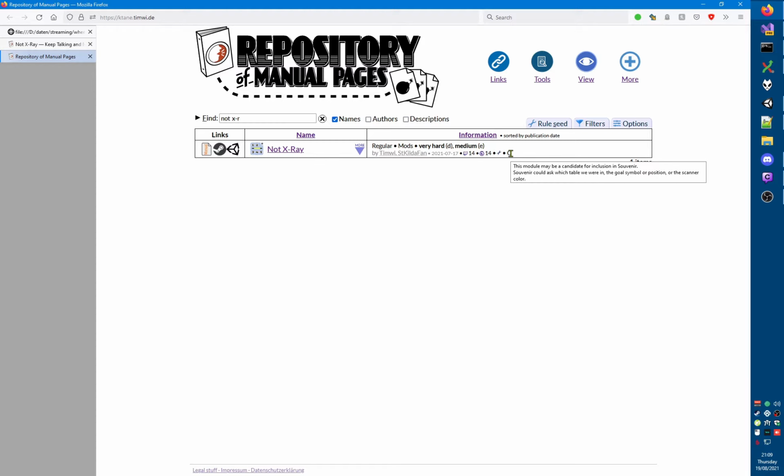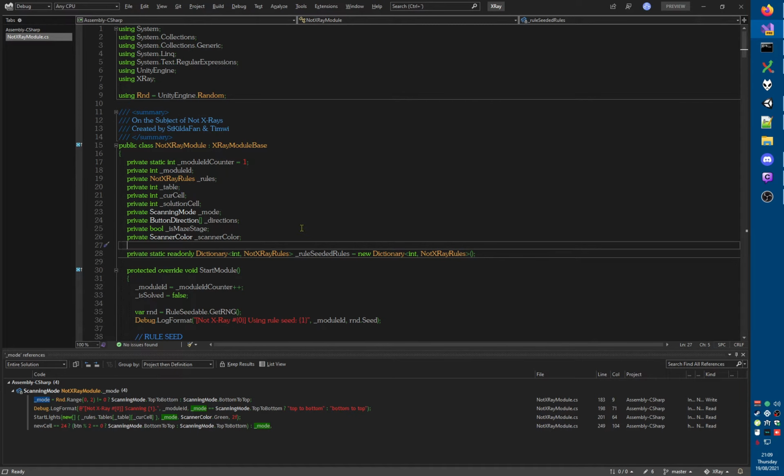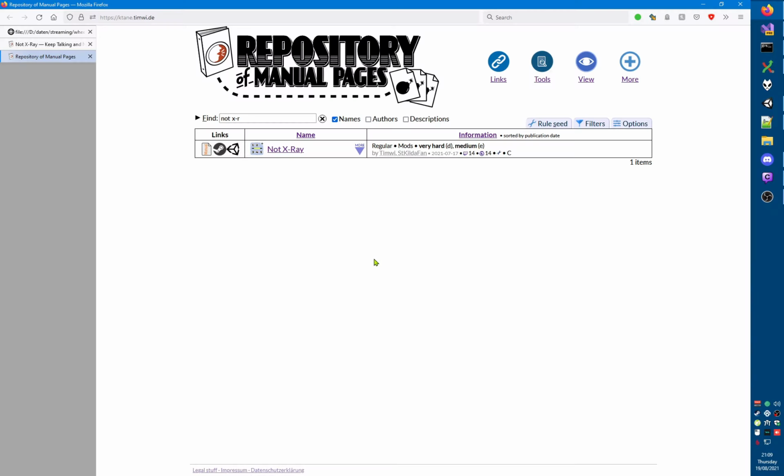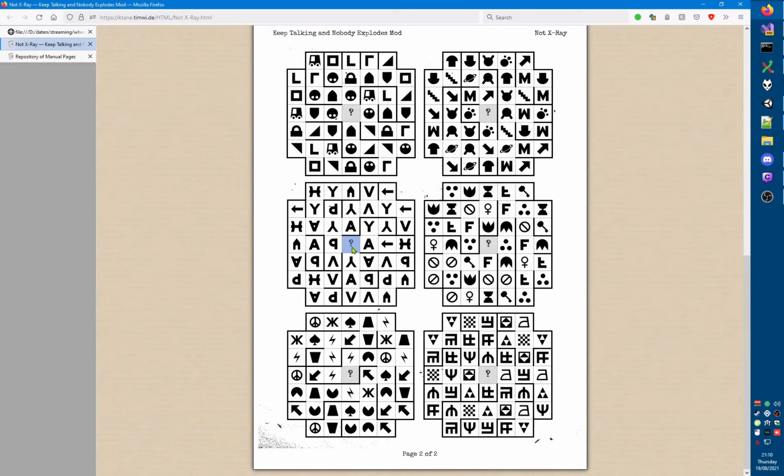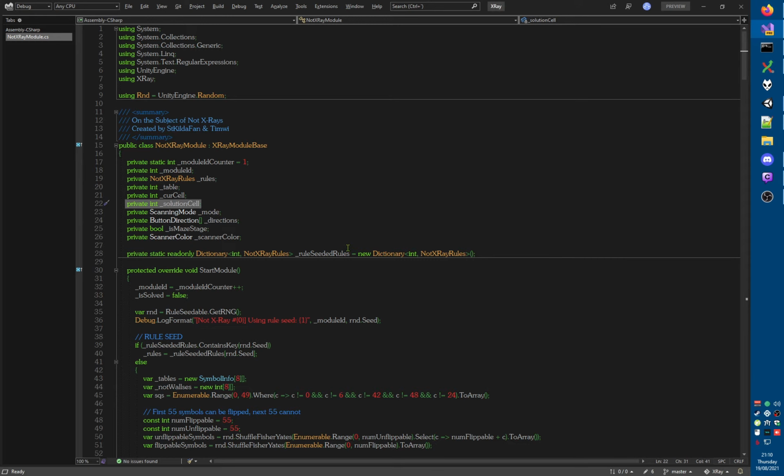and the goal symbol or position. That is another thing that we could ask. Now, why is none of these? I see. Because the module actually needs to know only about the solution cell. And when you're in the middle of the maze, like here, it will actually scan the solution, as in the symbol that you need to go to. So when it comes to actually scanning this, it just needs to look at the correct table, and the solution cell within that table will tell you what icon to